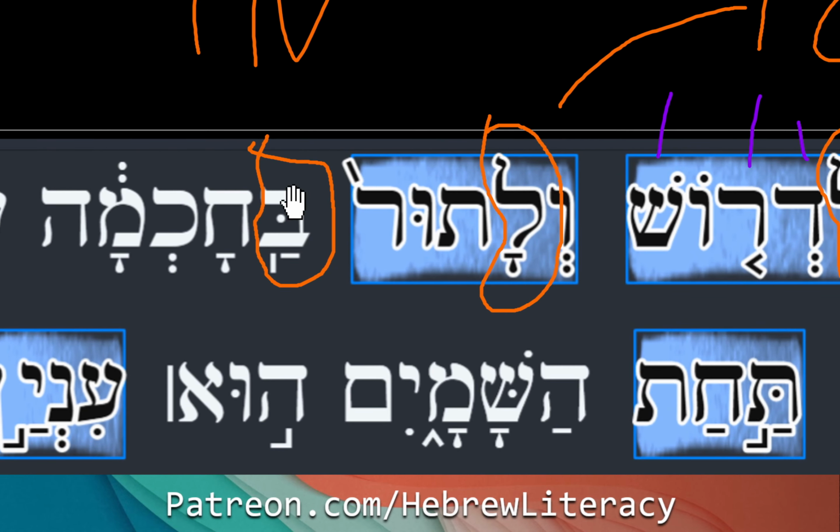And you'll notice this bet has a patach under it. Bachakhmah. It's kind of hard to recognize, but this is telling us there's a definite article here. So like in the wisdom or among the wisdom, searching for the wisdom or the wise things perhaps. Because when you have a chet and you want to put a hey in front of it, the ha, we just put patach under there, unless there's a special rule that sometimes it's different.